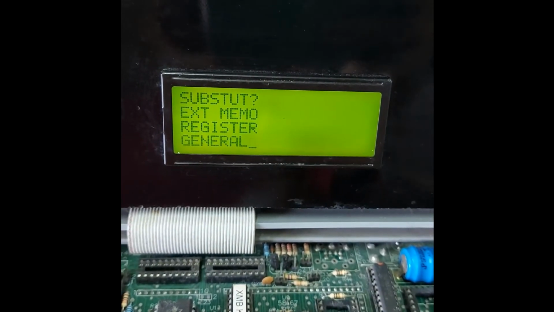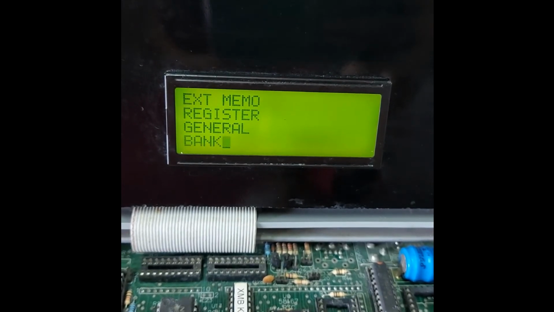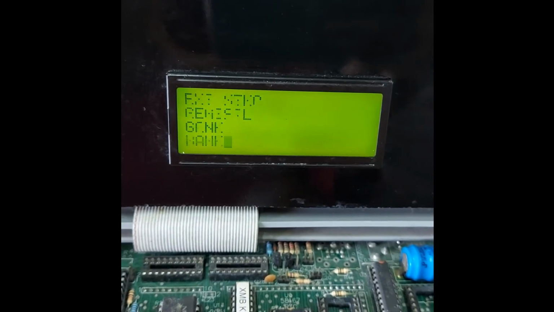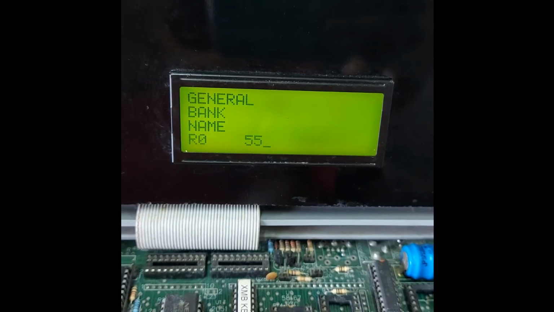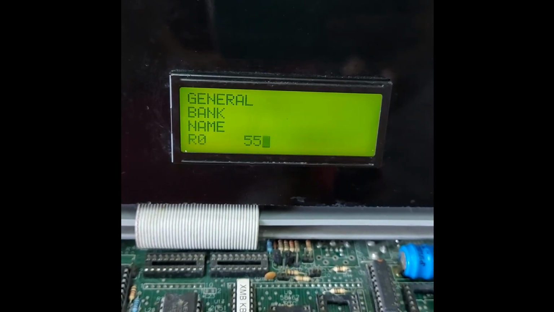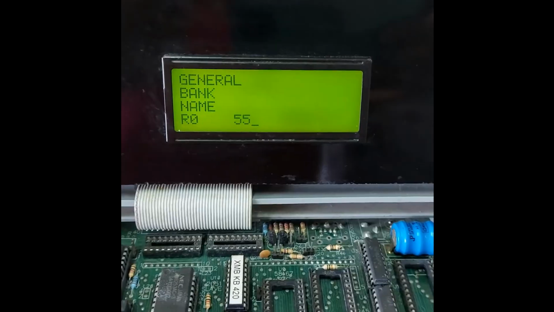We are skipping the general using any other key, and we are going to bank. Now see, while pressing the enter key, the result in R0 is showing as 55. That means we have moved the result from the register A to the register R0.